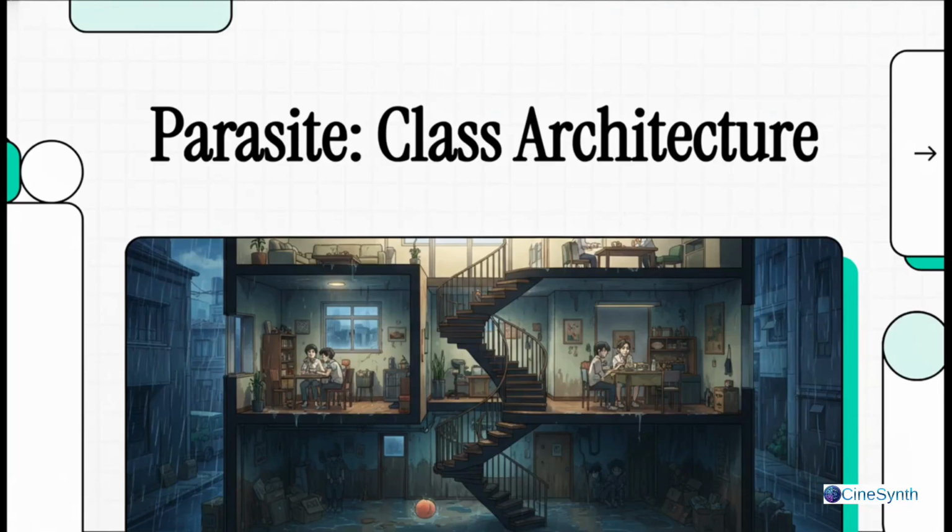All right, let's dive right into this explainer on Bong Joon-ho's 2019 absolute masterpiece, Parasite. Today, we're going to see exactly how this brilliant film takes something as abstract and honestly as complex as class inequality and turns it into a devastatingly physical space. Now, if you've seen the movie, you know it's a completely wild ride, but when we actually break it down visually, the true genius of its structure really shines through.